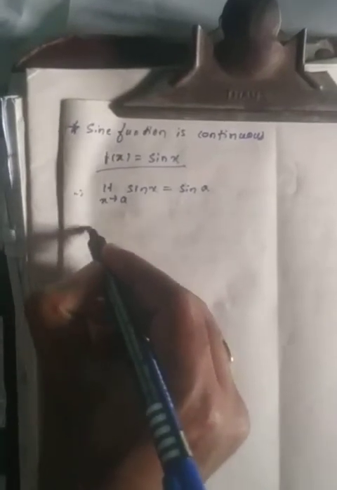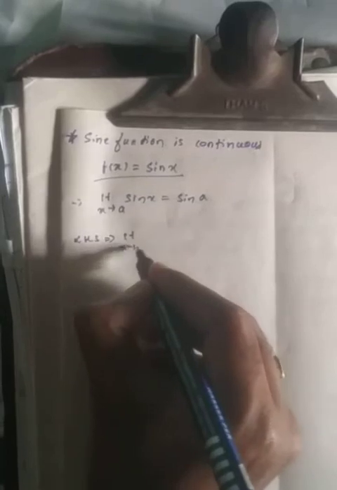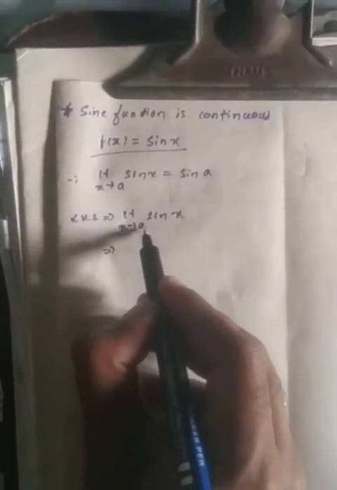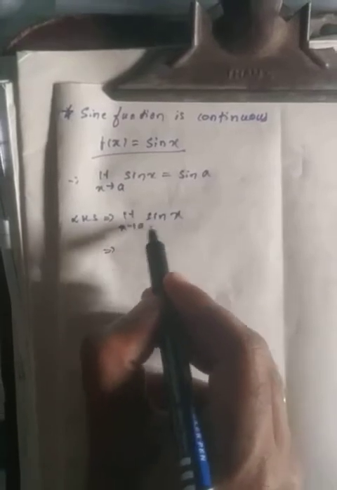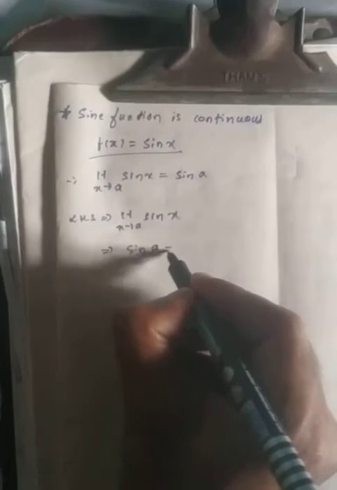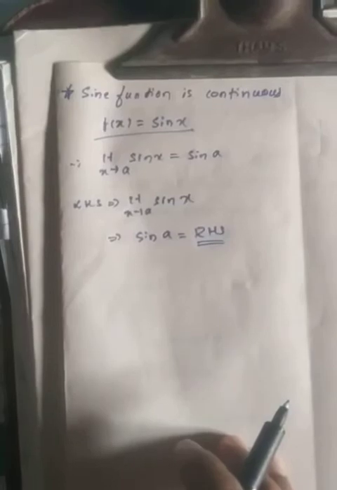So by LHS we have to be sure for the LHS. So limit x tends to a of sine of x. Here every x is going to be continuous at the point a. So instead of x, we have to substitute a. So now we will get sine a, that is your RHS. Now we can say that every sine function is continuous, every cos function is continuous, like that every tan function is also continuous. Got it?